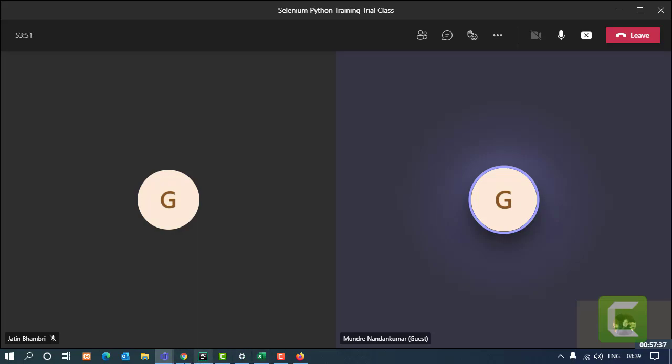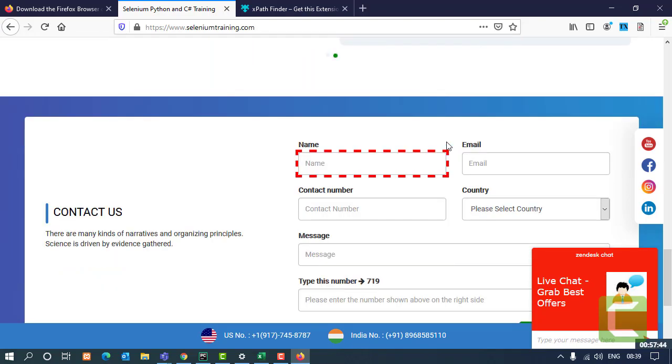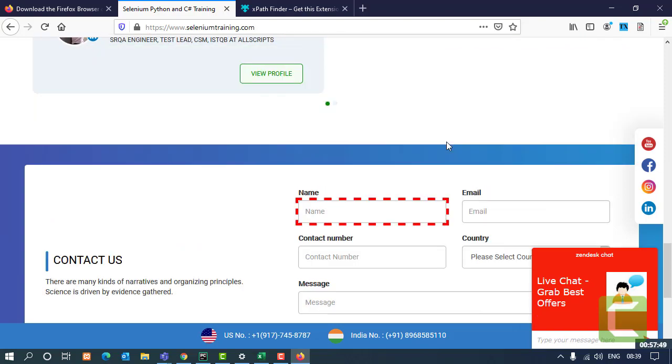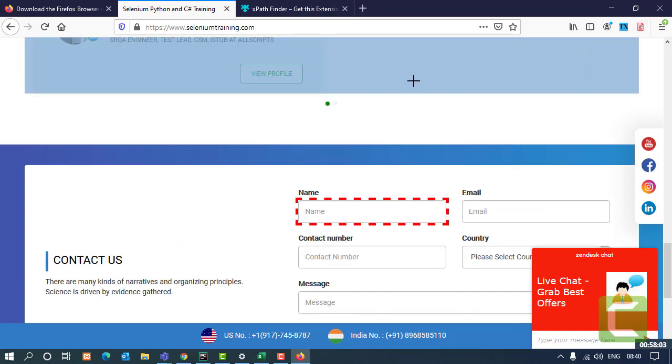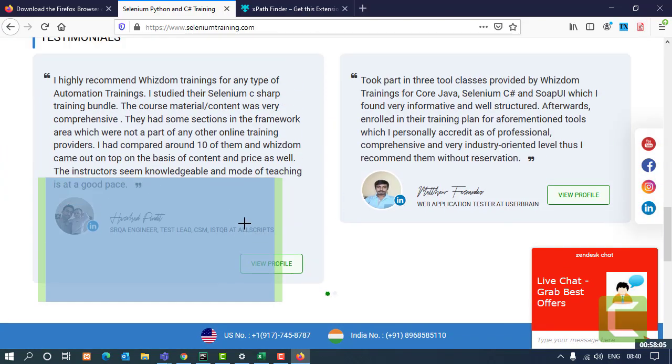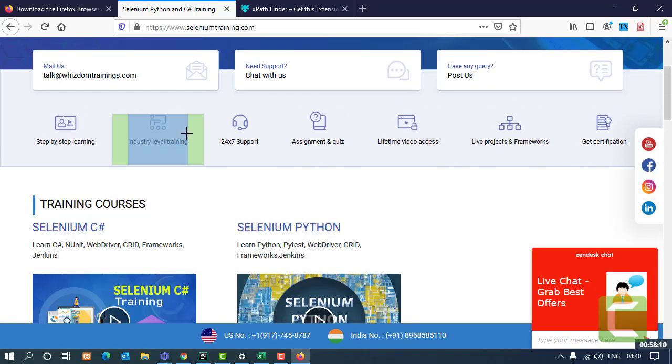Now talking about the other tool. That tool is very useful in case of finding the XPath. For that you don't have to do anything, not even go on the inspecting screen, nothing like that. You just simply click on that tool. Once you click on the tool, a cursor will be given to you, and wherever you want to look, whichever element you want to look for, you just have to drop the mouse over it. Let's say I want to look for this particular text.